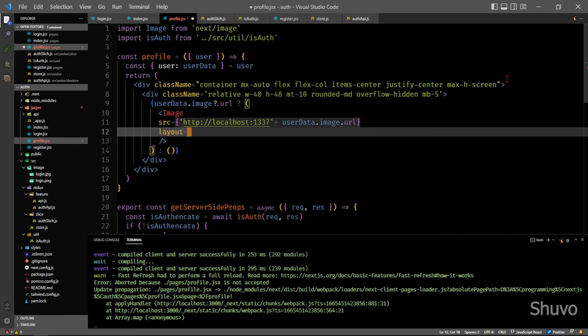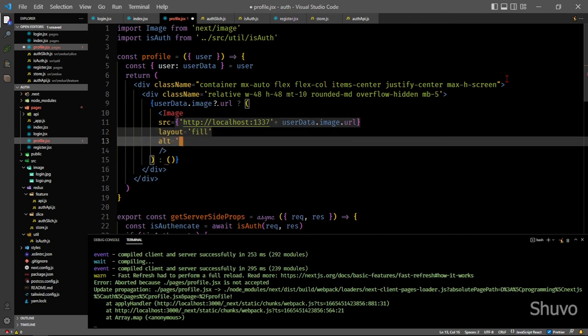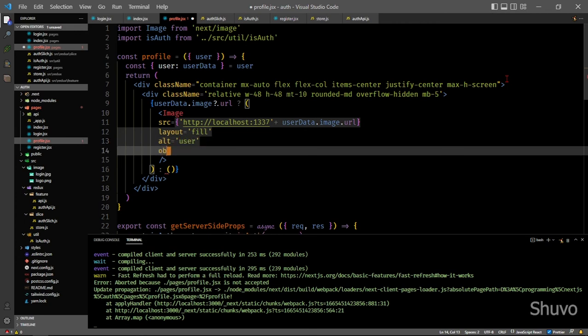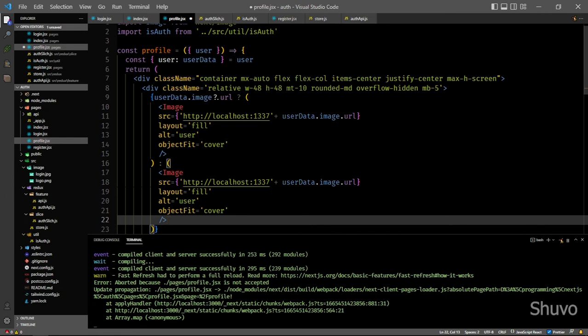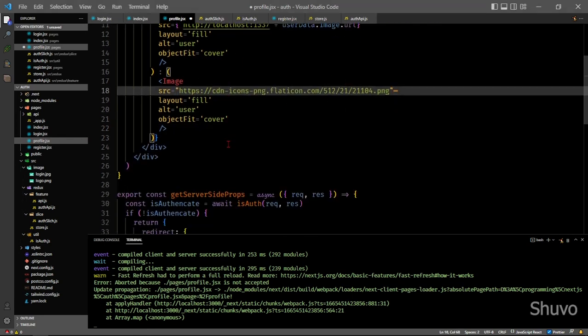Layout fill in alt and it if we don't have is see this is it close